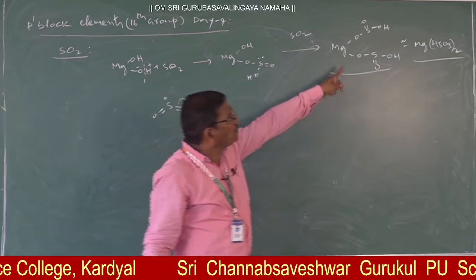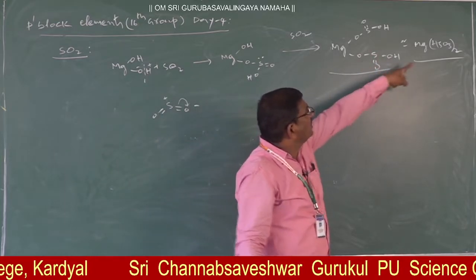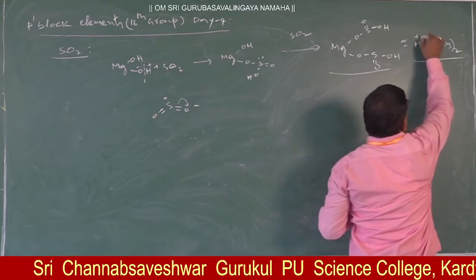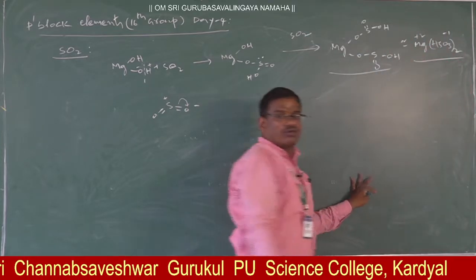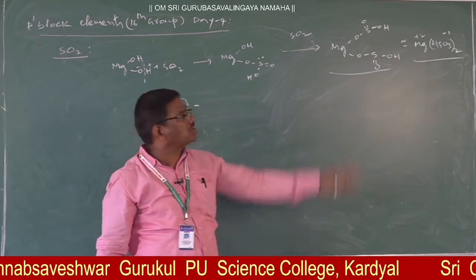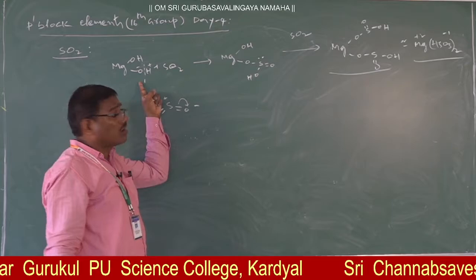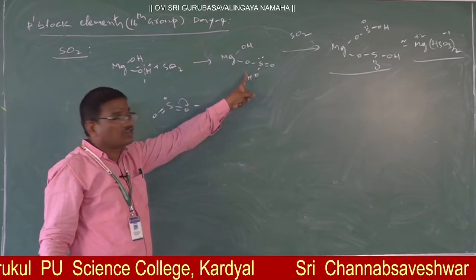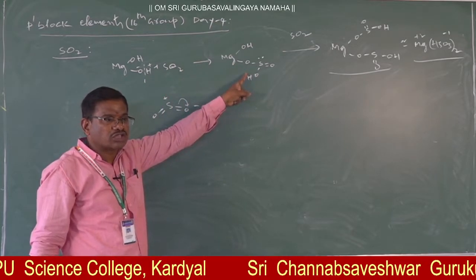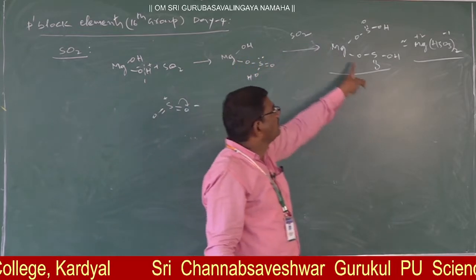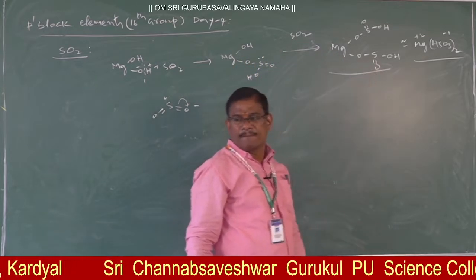Like that we are going to write, HSO3 taken twice only, no? Magnesium bisulfite. Because magnesium is divalent, bisulfite is monovalent. Monovalent, according to the Criss-Cross principle, like this only we will get now. So here with the base magnesium hydroxide, sulfur dioxide reacts to give magnesium hydroxosulfite, bisulfite, then with one more sulfur dioxide it will give magnesium bisulfite. Clear, no?